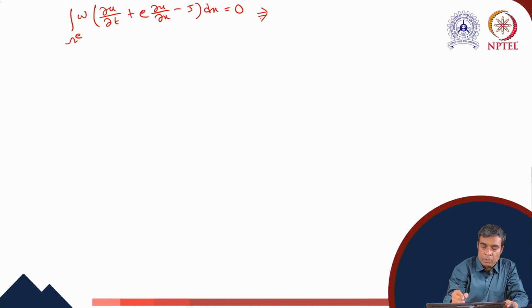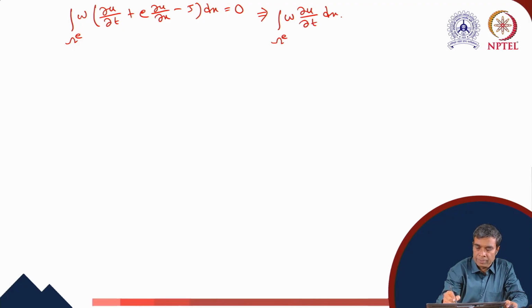Now we separate the known terms and the unknown terms. So source term is a known term. We shall certainly shift it to the right hand side. This gives us integration over omega e of w del u del t dx plus integration over omega e of c w del u del x dx equals to integration over omega e of